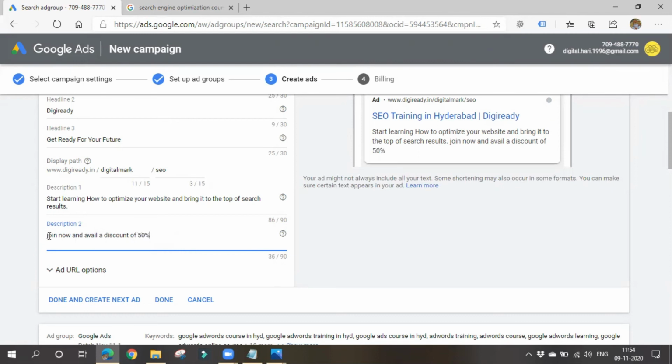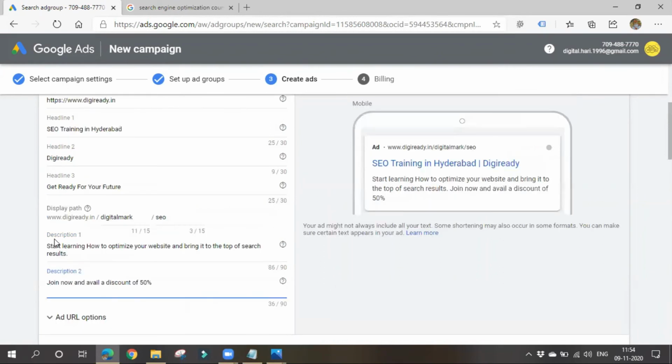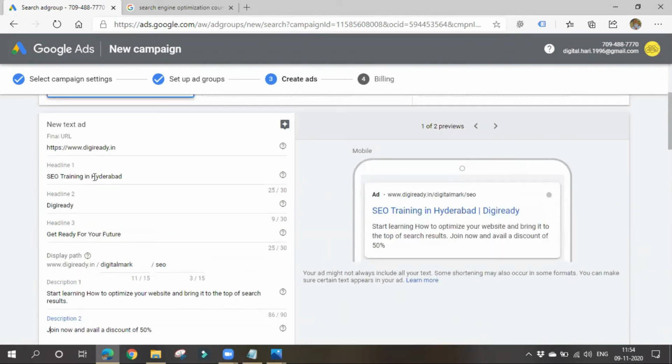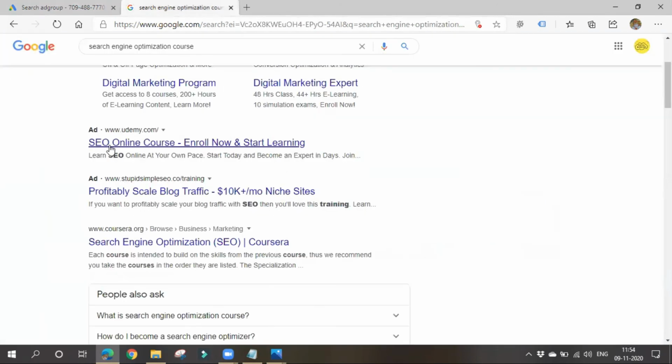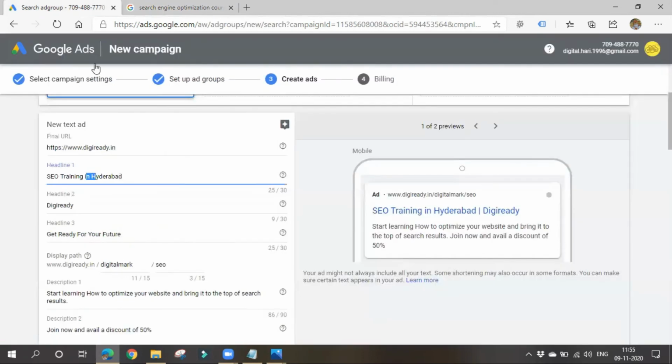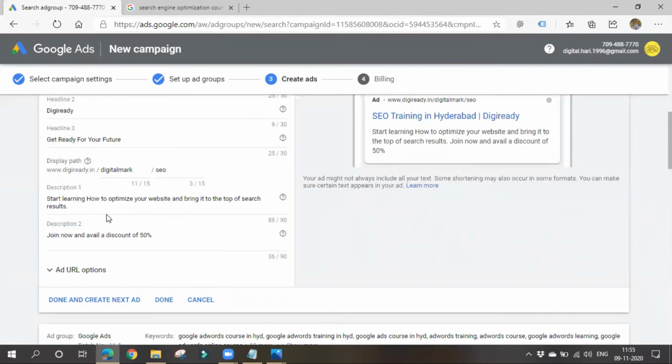Please maintain some tabs so that the look and feel will be good. Make sure that the first letters are caps so that your ad will look good. See, they are all using the first letter as a capital letter, so please use capital letters, mainly in the headline.